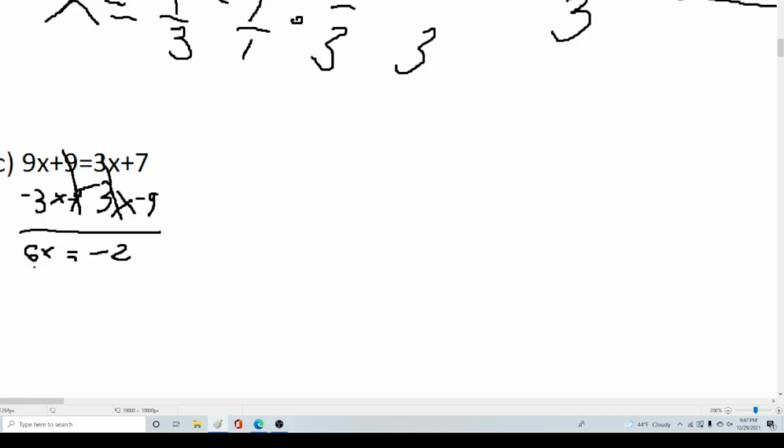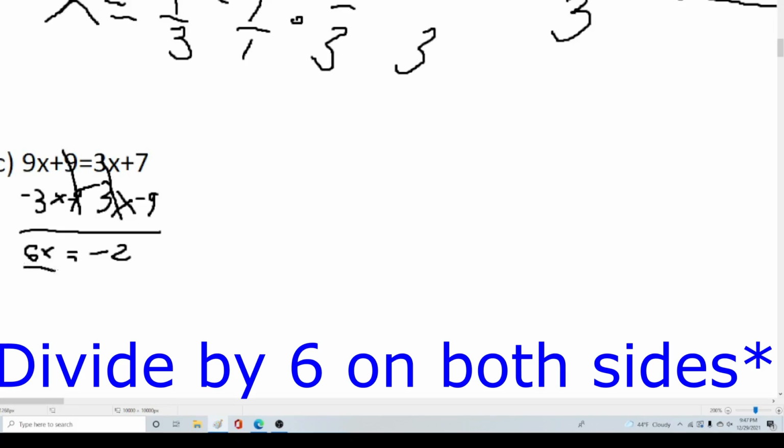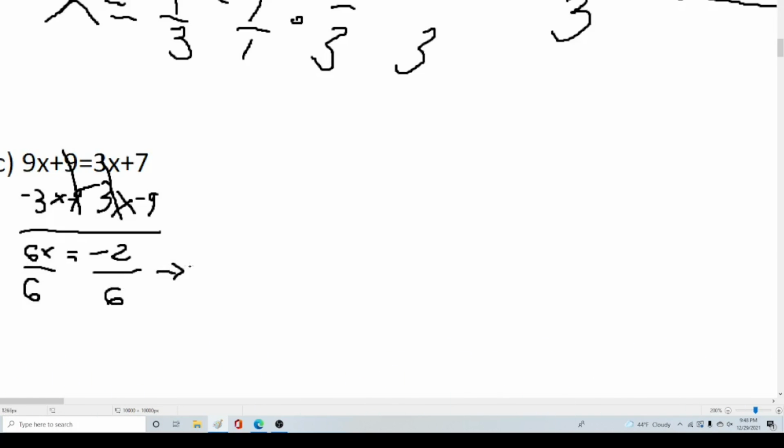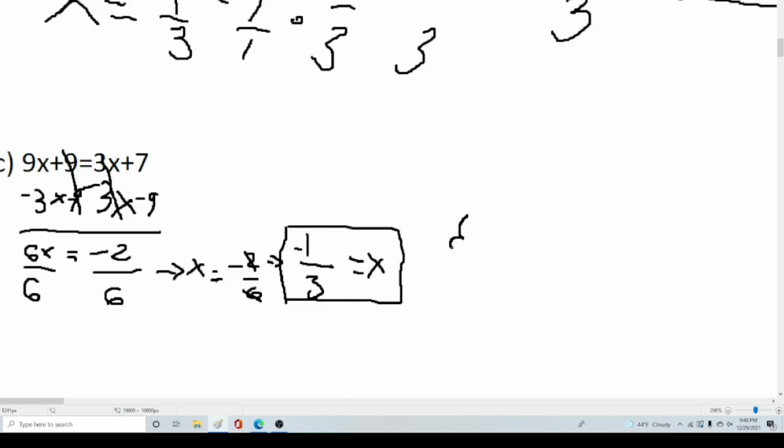Now what we're going to do is divide by 6, and x is equal to minus 2 over 6. And if you actually look at this, 2 and 6 have 2 in common. This reduces, not cancels. This reduces down to minus 1 over 3. And we say it's going to be equal to x, or in set notation,